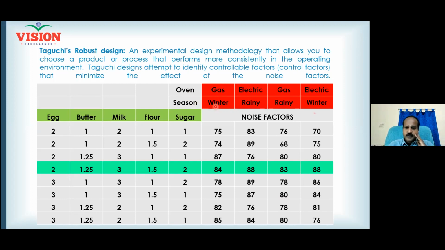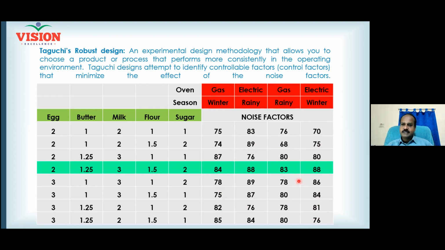Now see here, irrespective of the season and irrespective of the oven, your taste values are here. So many experiments you have done. Do you understand now how many runs? 1, 2, 3, 4, 5, 6, 7, 8. How many runs totally? Totally you have 32 readings here. How many results are you seeing? 4 into 8, 32. A new 32 experiments are done where my noise factors are at their extremes. Got it? All the noise factors are also now included.